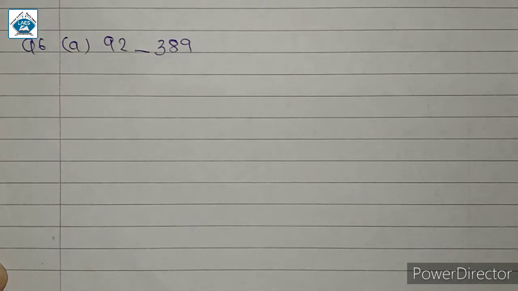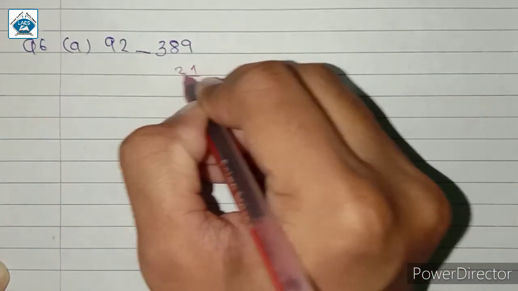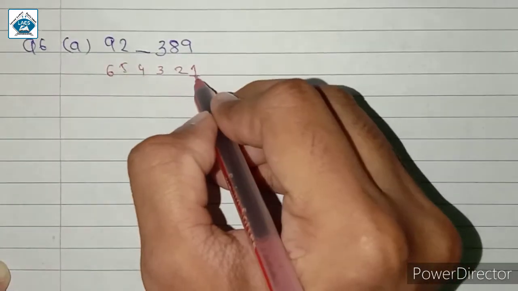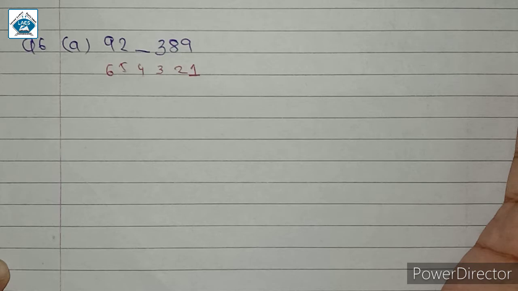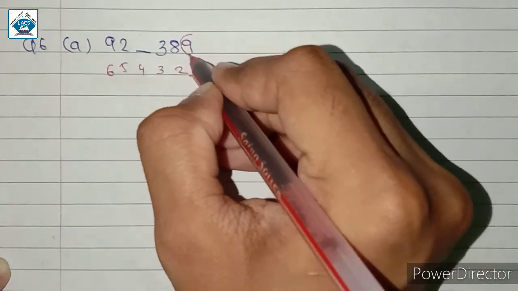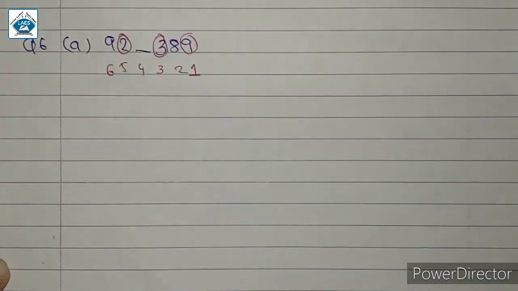divisible by 11. So for divisibility by 11, we have to find the sum of the numbers in the odd place and even place. So कैसे decide करते हैं odd place and even place? We start from this side. So here it is 1, 2, 3, 4, 5 and 6. Now first place is an odd place from right to left. So since 1 is an odd number, 9 is in the odd place. Similarly 3 is in the odd place and 2 is in the odd place.